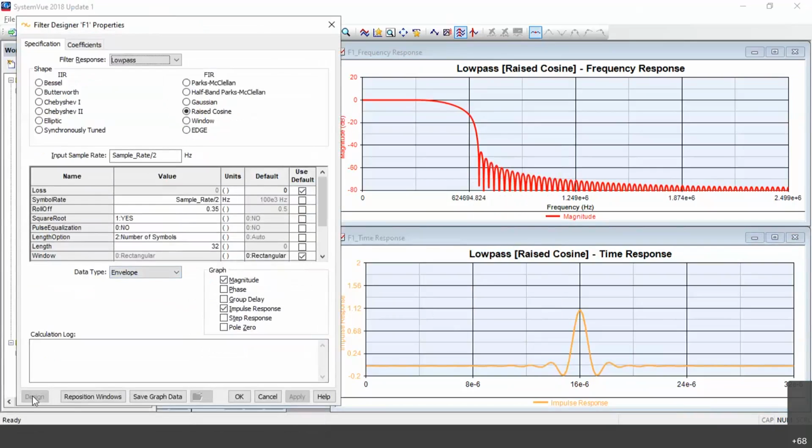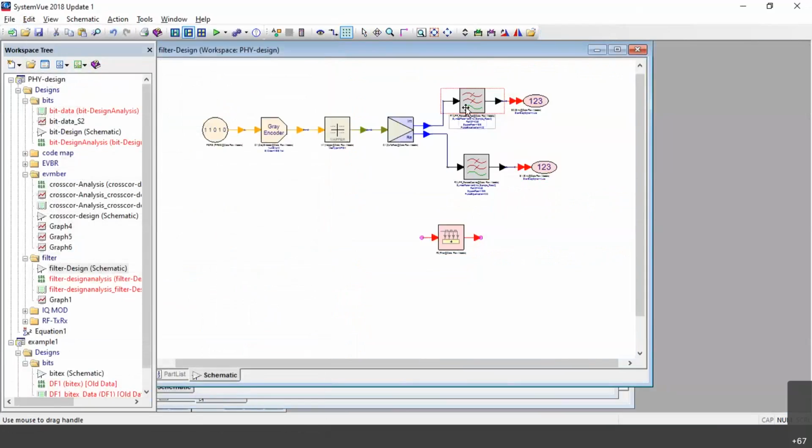Then if this design is active, you say design and then okay, close the window. Mine is not active here because I already selected and did it. If I change something here, see, now it is active. I can say design and then okay, done. The same, make a copy and then place one more. Now you connect the imaginary and real parts to another filter, and then take to sink.